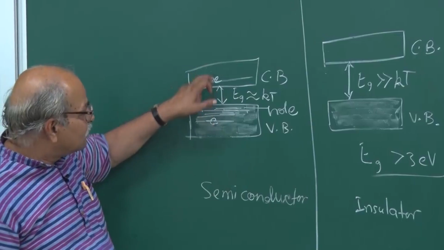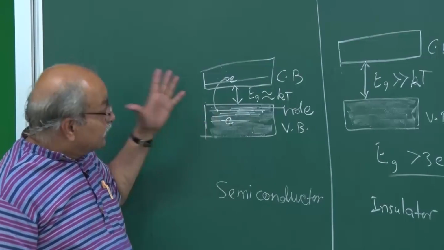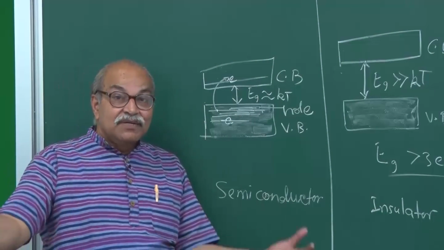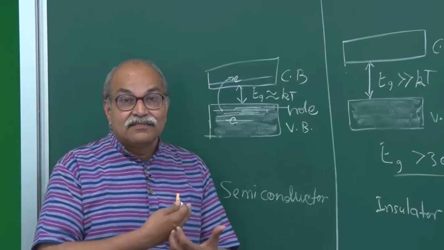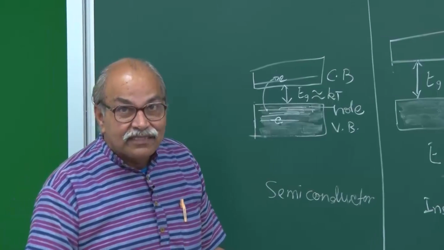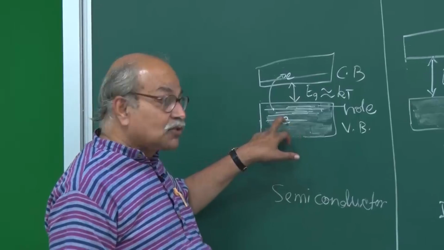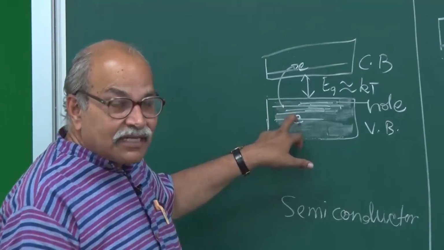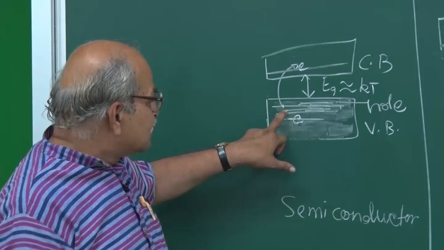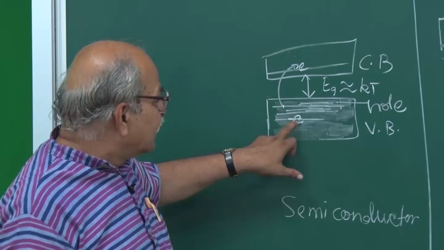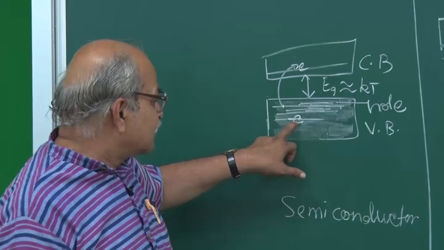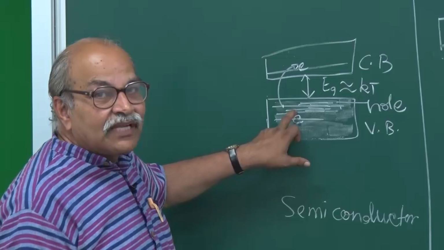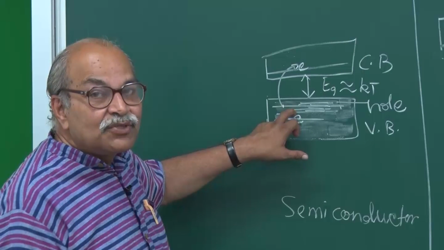The electric field is on the entire material, so this electron will also feel that electric field, and if there is an empty quantum state here, this electron can accept energy from the electric field and go here, and that will also constitute a current